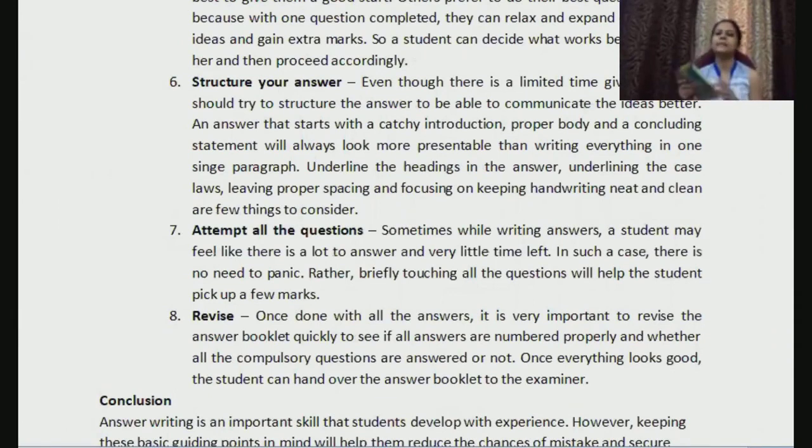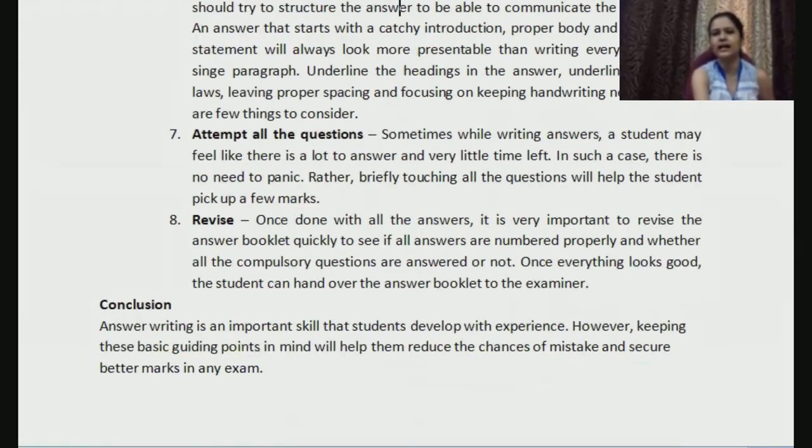When the examiner opens your answer sheet, they would know, okay, this fellow knows 8 points. The person would also feel, yes, you have written all these things. Accordingly, your answer paper would be evaluated and you would get marks. So it is very true that you need to structure the answer properly. When you read the question, you decide in your mind how you are going to write, that these are the 5 different things that will be there, and inside that you start writing. You cannot just start writing whatever comes to your mind.